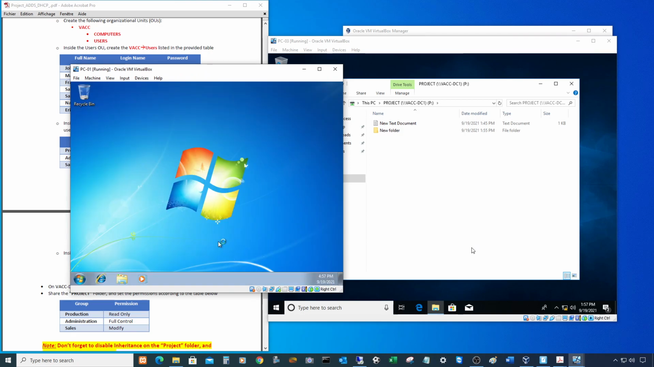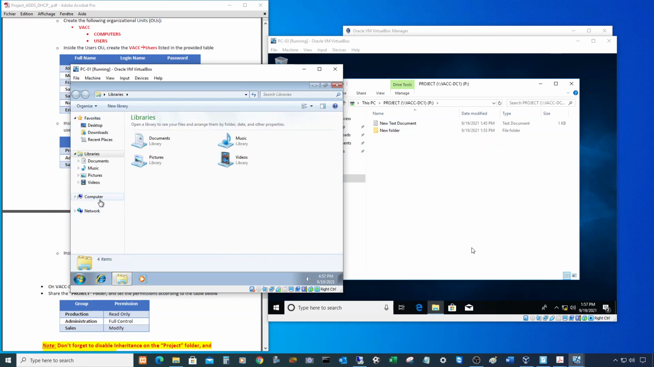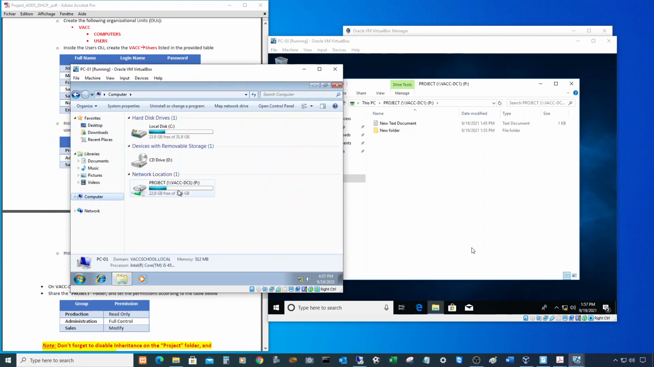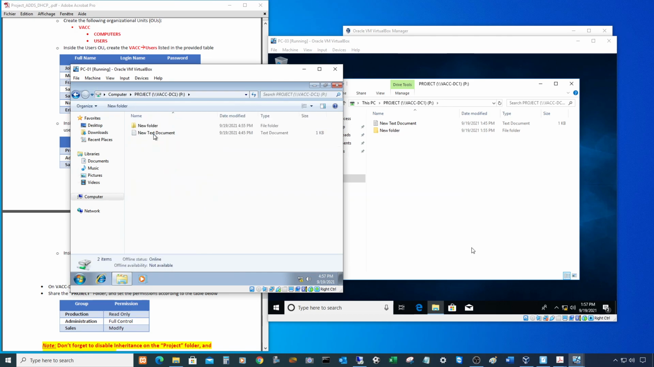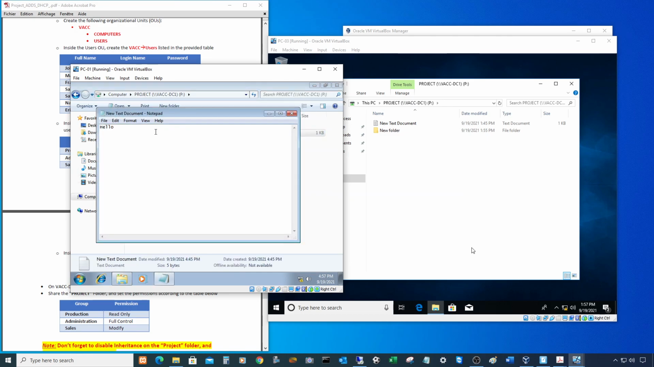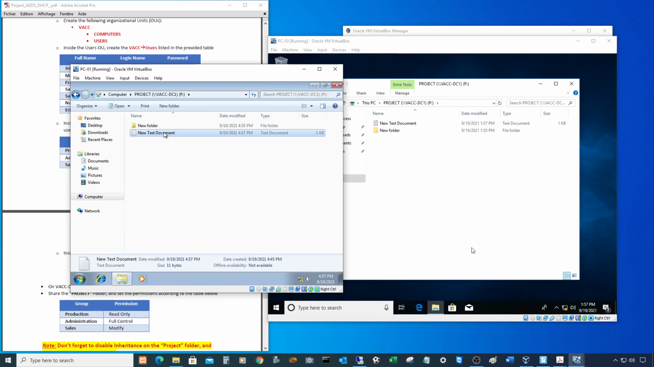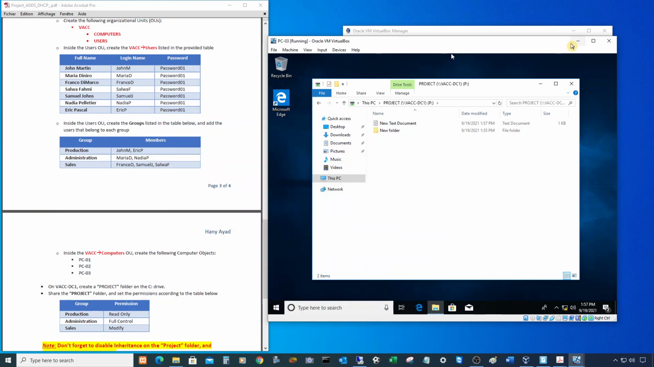So of course it's taking time because it's the first time this user logs into that computer. So let's go to computer. We can see the project here. If we open, let's try to modify this file and save it. It is saved. Okay, so he was able to save the file because he has the modify permissions. So if I minimize my PCs here,